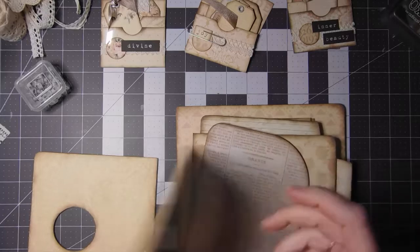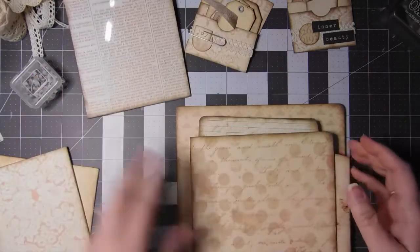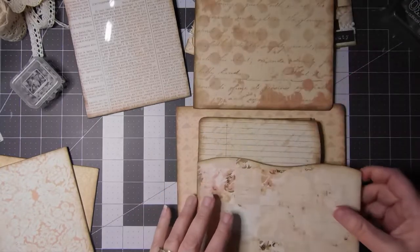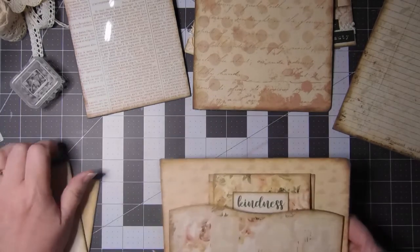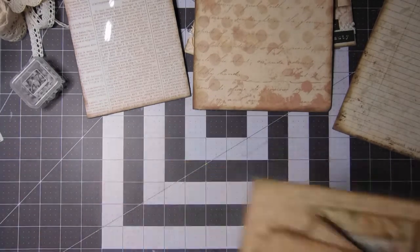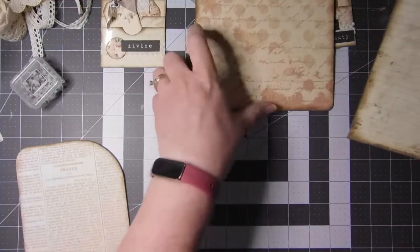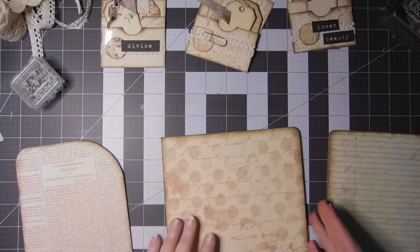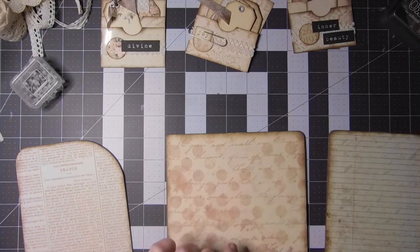So, okay, don't need that. I want to do this one, and I want to do this one, and I want to do this one. I'm going to put these back. And what we're going to do on these is we're going to do the stacked pockets. So I will do one on the front of this, one on the front of this, and then on the back of this. And then there was another freebie